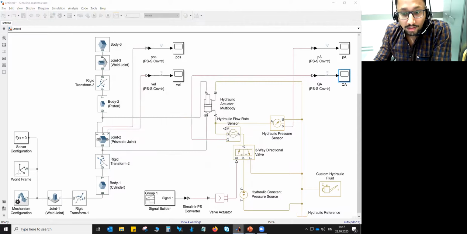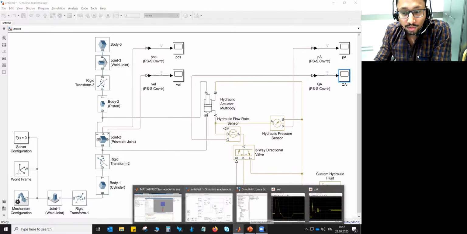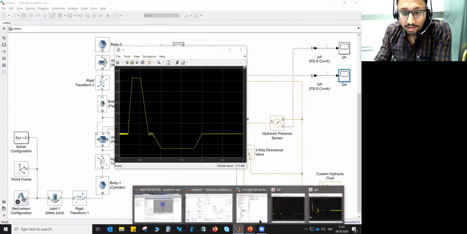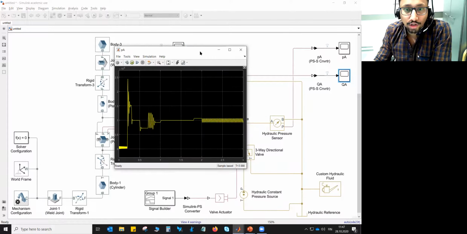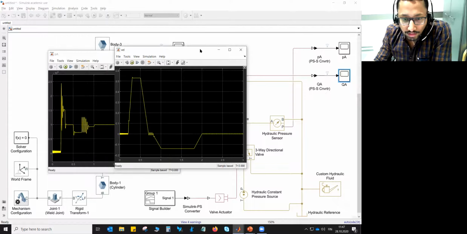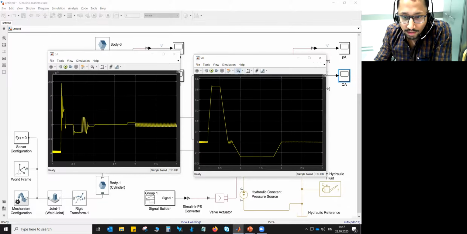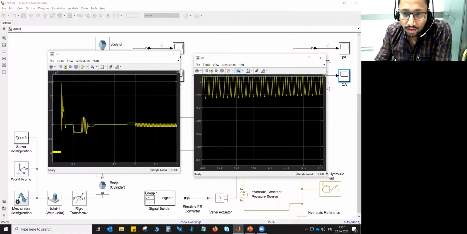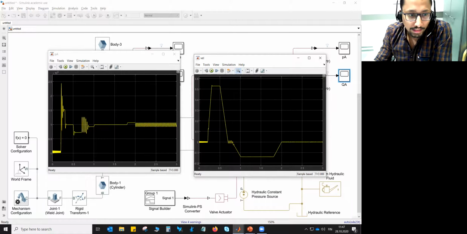But one important thing I would like you to notice is the velocity plot and the pressure plot. At the very beginning in the velocity plot, you see this oscillation. The same oscillation can be seen in the pressure plot.